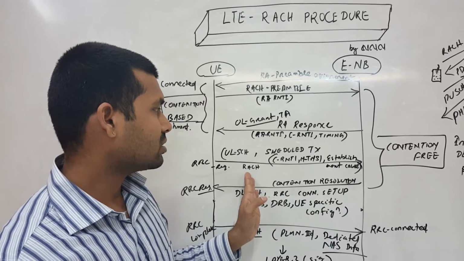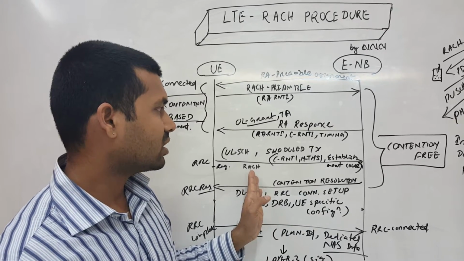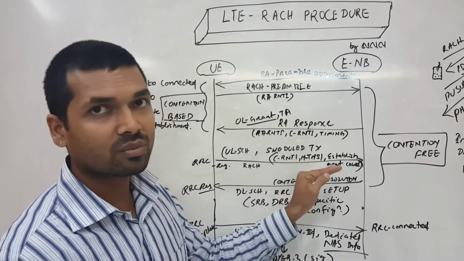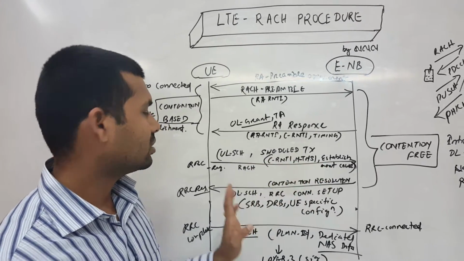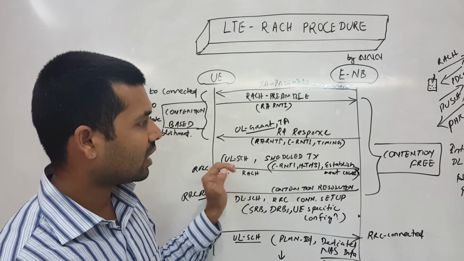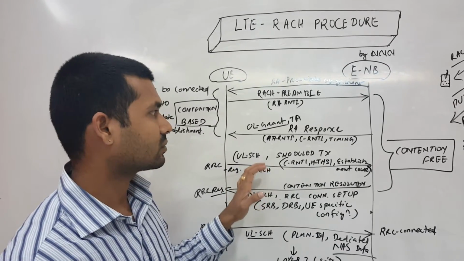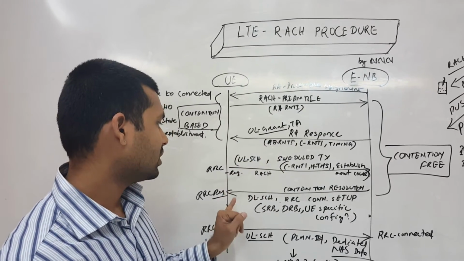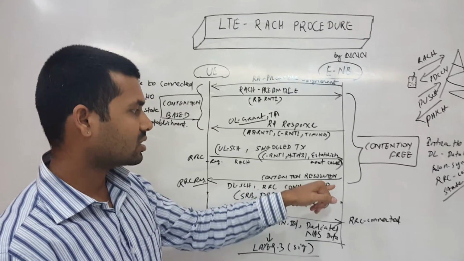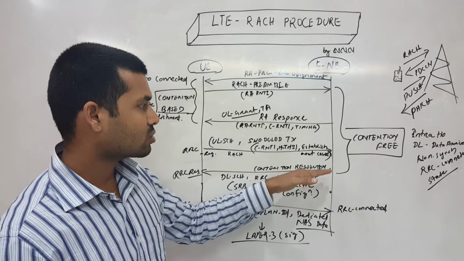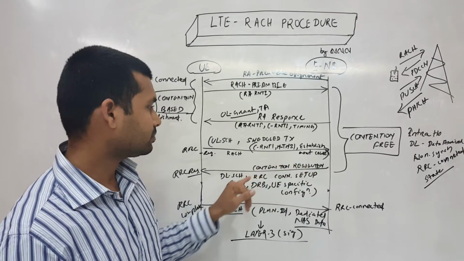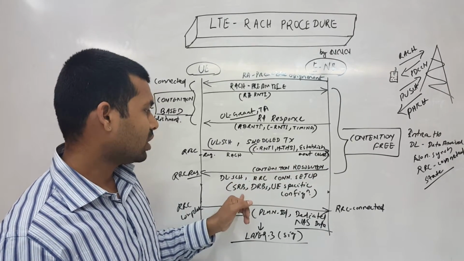Then in the uplink shared channel, we request the kind of service we want to get. We have a scheduled transmission here. This is basically where the RRC state begins, after we get the response. Then we get the RRC response from the network. This is also called contention resolution through the downlink shared channel,